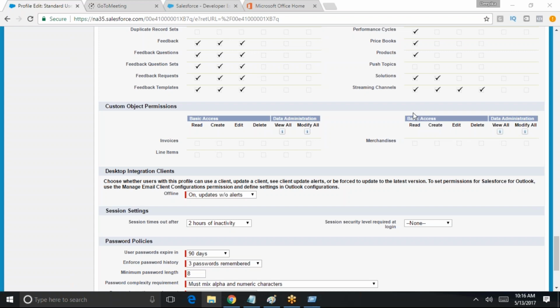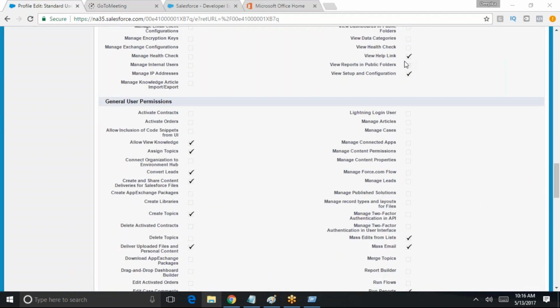Hi Deepika, you cannot change a standard profile. You have to clone it and then you make changes and save as you wish. Very good. Give the name. Okay, very good. Because see, I'm logged in as